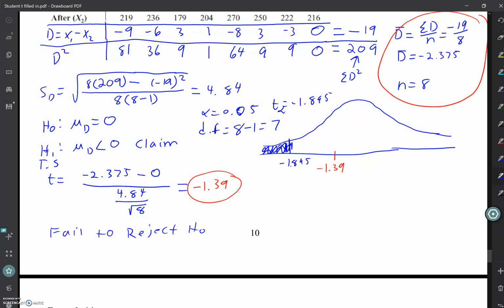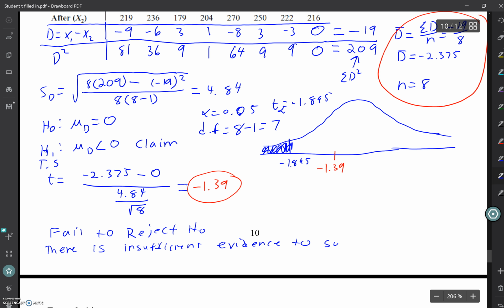So what would I say about this? Is there sufficient or insufficient? All right, so there is insufficient evidence,